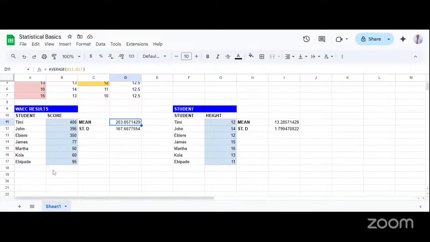So what this school needs to do is ensure that in the next examination cycle, all the students are properly educated and enlightened and prepared ahead of the examination. So that's one thing to take note about for standard deviation. It measures how much data points deviate from the mean value.